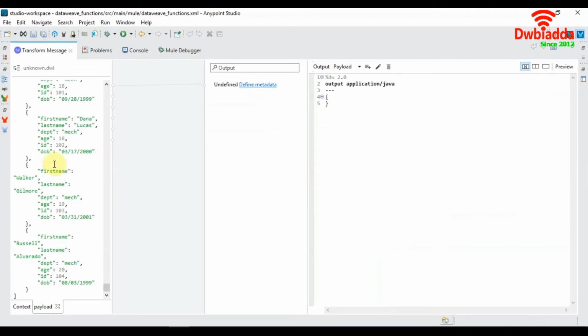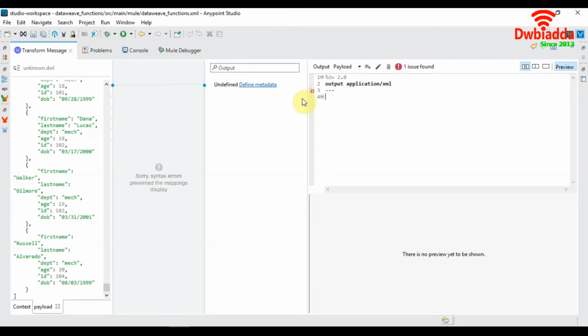So we have our JSON input right here, so we're going to try to convert this into XML output. So let's get started with that. Firstly, we'll need to define our output to application XML, and whenever we are transforming JSON to XML, the structure for XML and JSON is not the same. It's not a 1:1 correspondence. So an XML output always requires a root node. Our root node will be students, and this will contain the information of every student. So student will be a payload map.